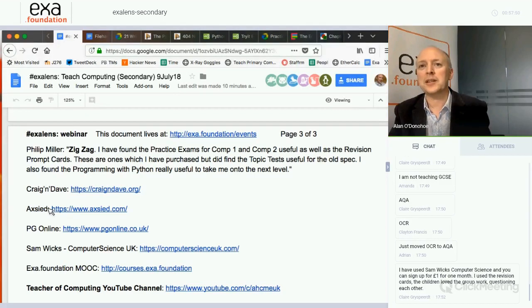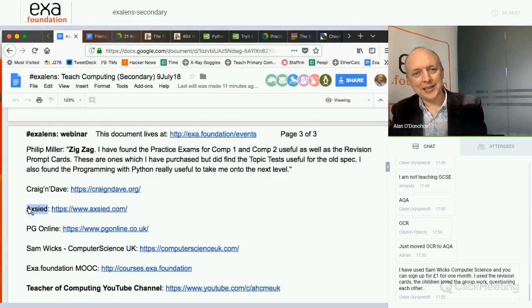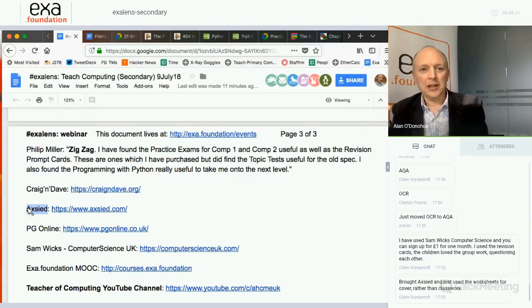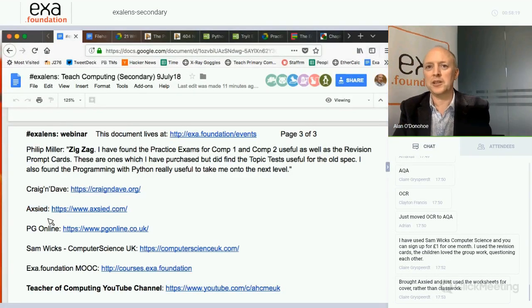Now, the Axeed ones, again, I've heard loads and loads of great praise for these. One of the nice comforts about some of the Axeed resources is there's a book with the theory, which is a lot of worksheets that you might print out for your students, and then you can deal with the printing costs. You might print them all at once or put them in a booklet. But there's a one-off cost. I can't tell you exactly what it is, but for that one, it's around about £100, which a lot of schools have said is about 10% of the budget that they might have for the year or the GCSE.